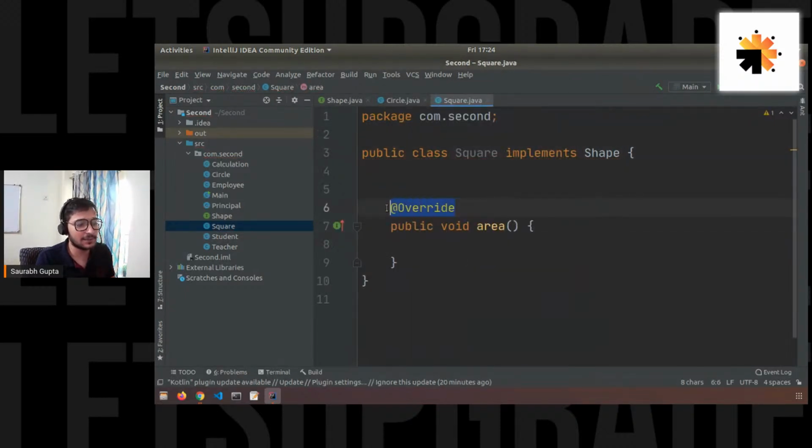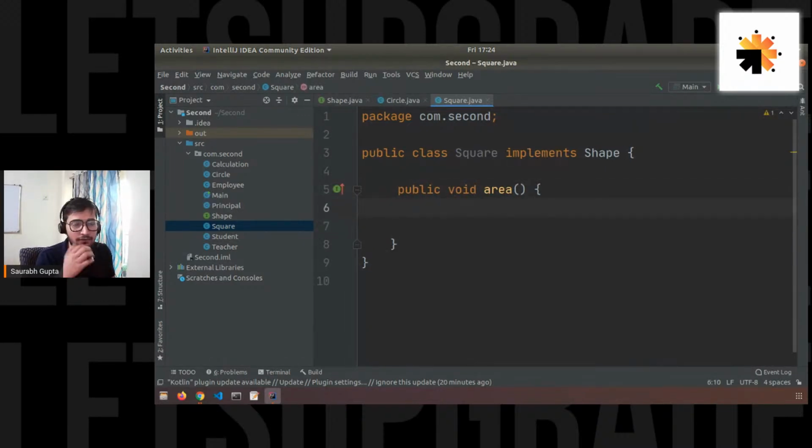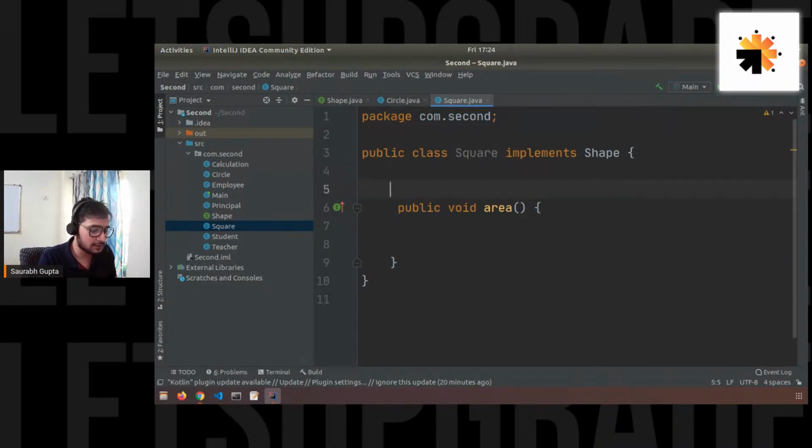It is just an annotation that basically says that I'm overriding. If you want, you can just remove it. It's just an annotation in Java that you learn about in advanced Java. Don't worry about it. What are annotations? They are basically just some kind of display that shows what you are doing, what you are performing. They show that, okay, fine, this area is an overridden method. It is already available in parent. That's all. Now let's just go on and write